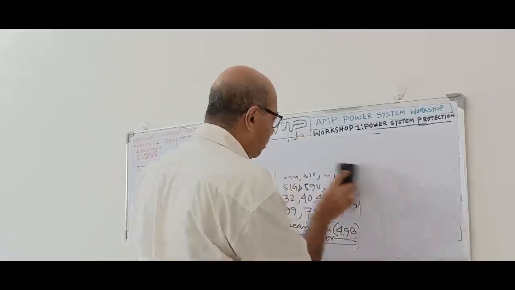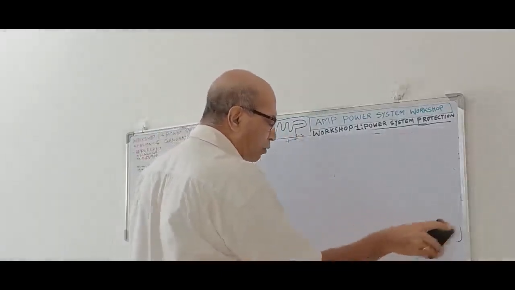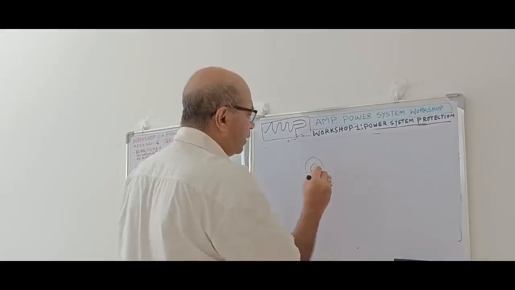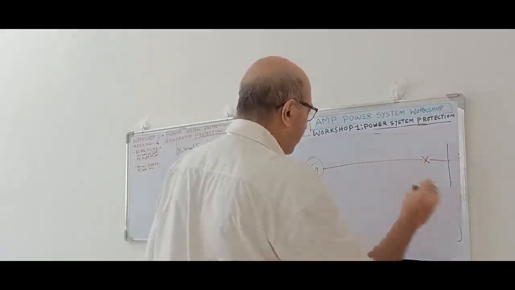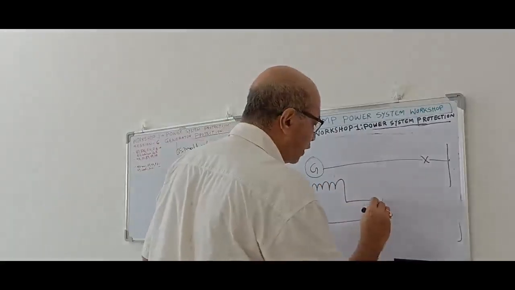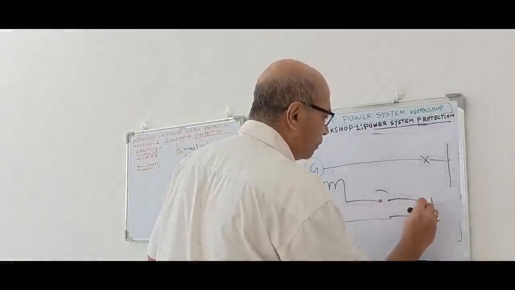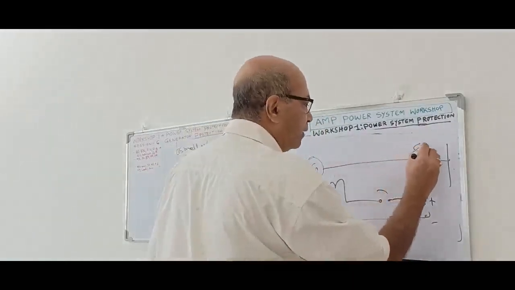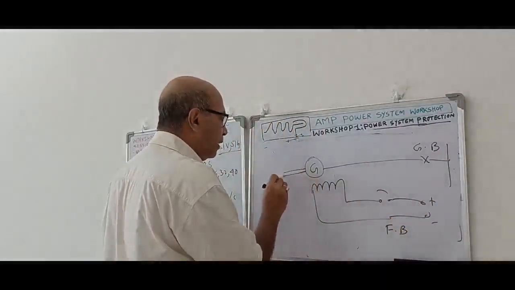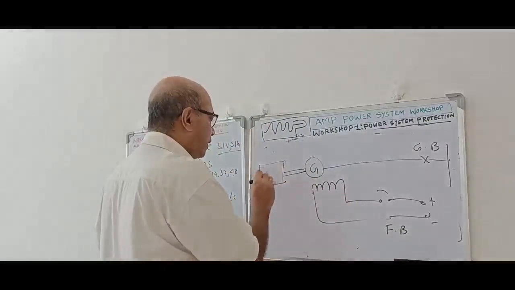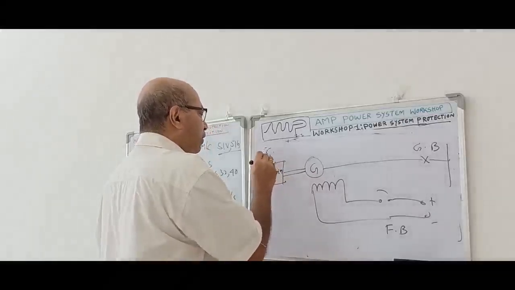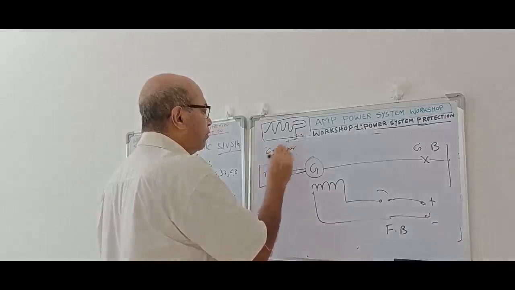Now we will go to the tripping scheme of this machine. Now you know this machine, when we look into the machine, how it is connected. The machine has three parts. This is a generator. The generator is going to the generator breaker, and then it has a rotor. This rotor is going through a rotor field breaker, and it's getting supply from somewhere, positive and negative. This is the generator breaker, this is the field breaker, and then this is connected with a turbine, right? This is a turbine, and the turbine is coming through a governor or turbine fuel system. The governor is connected with the turbine.